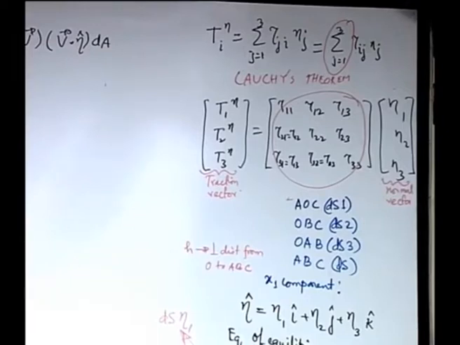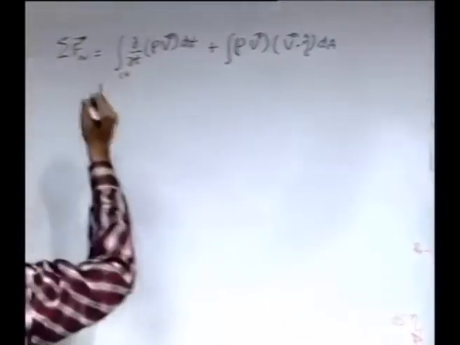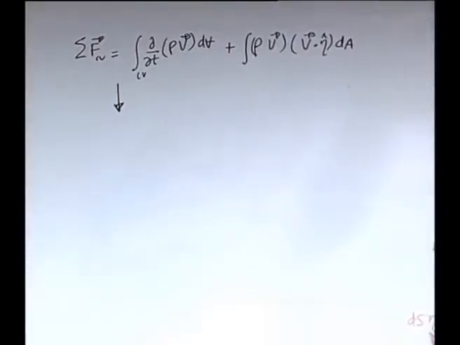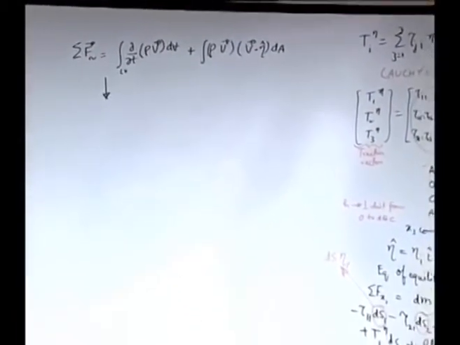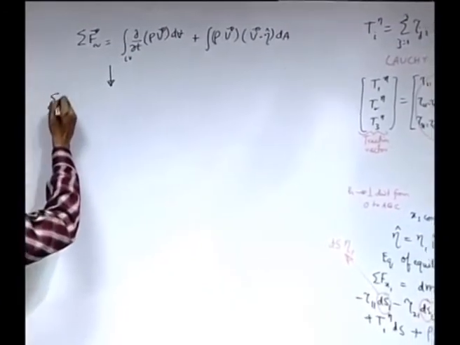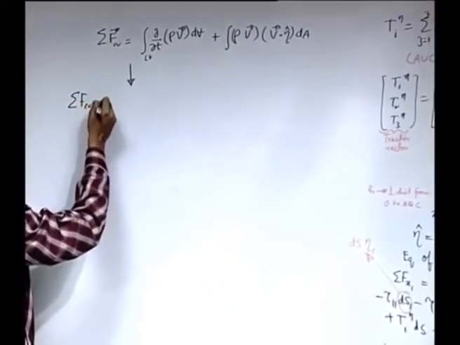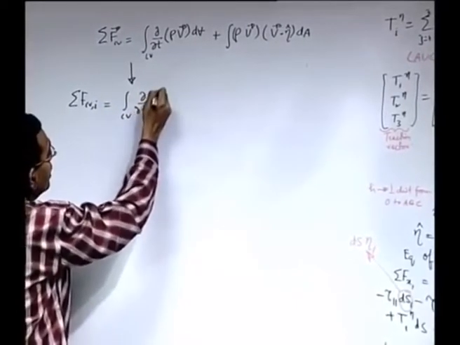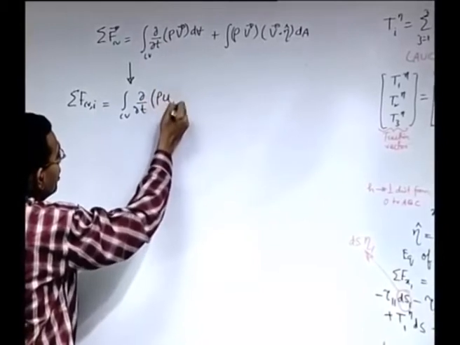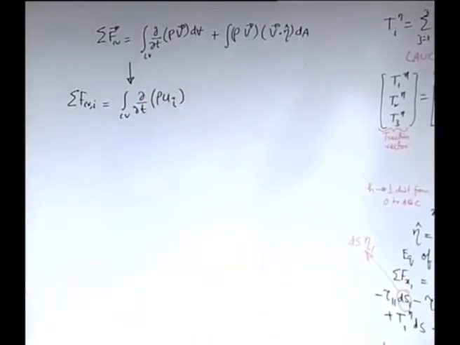So, what we will do now, we will use this understanding that we have discussed for over a period of time to write this expression for conservation of linear momentum, but for a specific direction, say direction i. So, the resultant force on the control volume along the direction i. We will use the notation ui for the velocity component along the ith direction. So, ui is the ith component of the velocity.